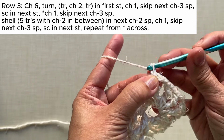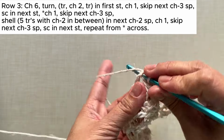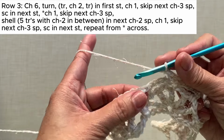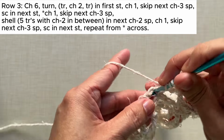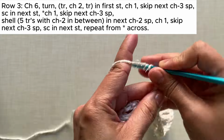Chain 1, skip the next chain 3 space, single crochet in the next stitch. Repeat the pattern: chain 1, skip the next chain 3 space, shell in the next chain 2 space. So treble crochet, chain 2, second treble crochet, chain 2, third treble crochet,